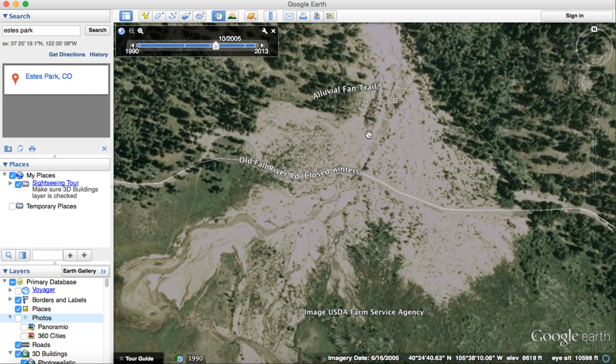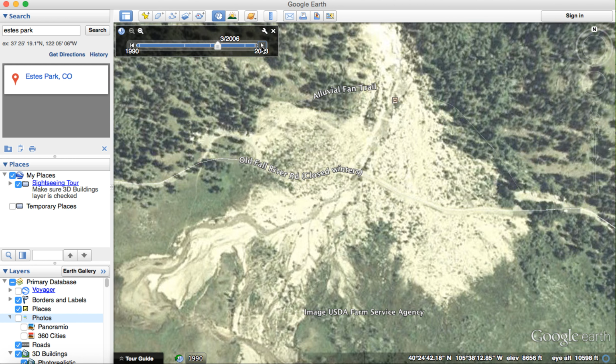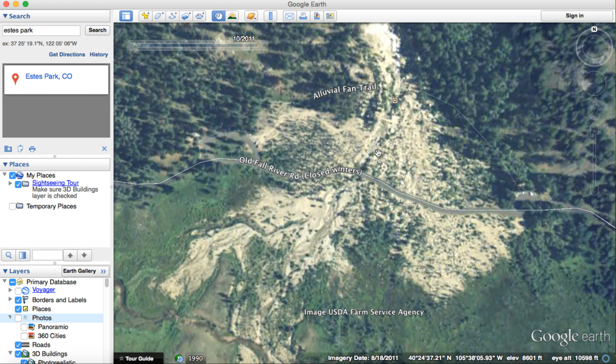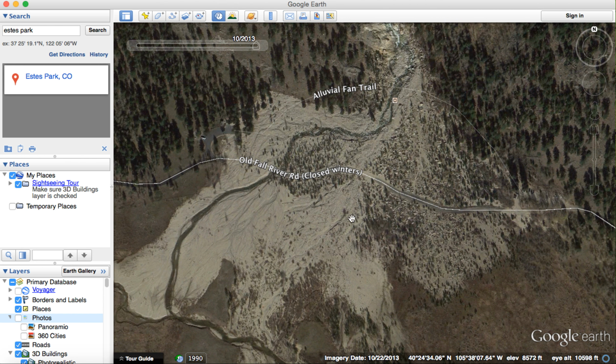And then I fast forward to 2005, same thing. River splits off here, goes a couple different ways. And then 2006, again, the same thing. And then we skip ahead to 2011, and this is the last satellite image before the flood and landslide happened the following year. So we skip ahead to the following year, or 2013,